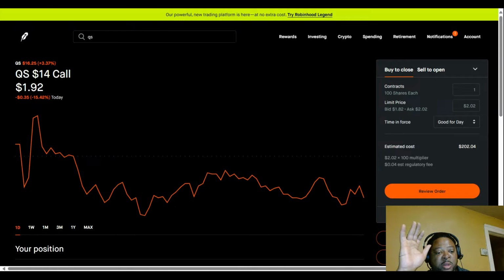But anyway, they're going to exercise this contract and buy my shares that I bought for $13 for $14 a share, and they can sell them back to the market immediately. So $14 times 100 is $1,400. They could sell 100 shares to the market immediately for $16.25, and the profit on that is about